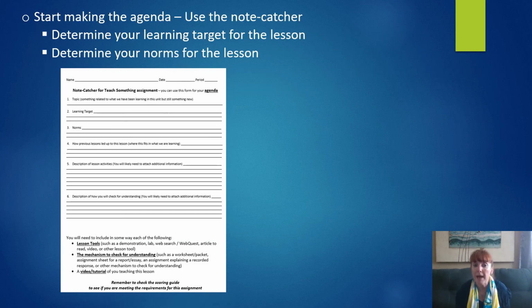Okay, so on the back side there is a note catcher for you to help you start making the agenda. So on here, first determine your learning target for the lesson. So you have a topic, an idea that you're going to be working around. Write in the learning target. It should be "I will..." whatever. And then write in the